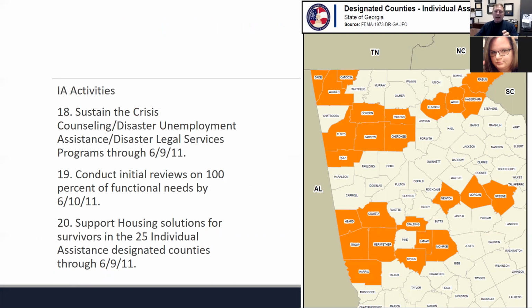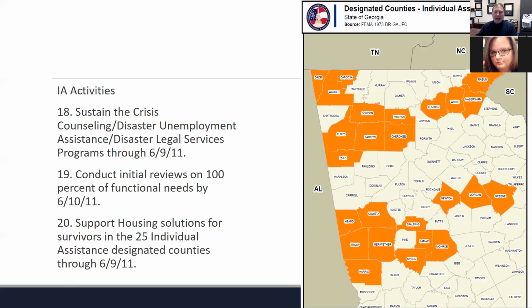Earlier we've talked about this, and later on there's a recovery presentation. We primarily divide recovery and the things after the response up into two groups. Individual assistance: how do we help homeowners, people who may have lost part of their home or had some damage. And then PA, public assistance: how do we support the infrastructure, whether bridges washed out or damaged or destroyed. How about the public water, public utility system? So there's an I designation and a PA designation.